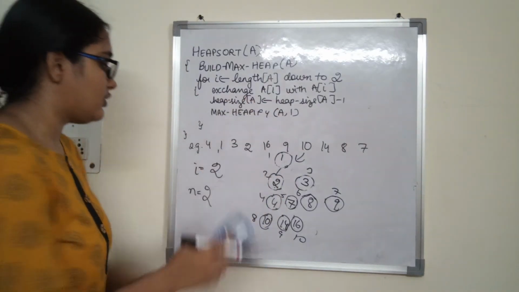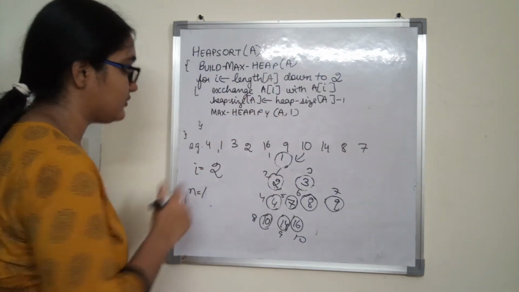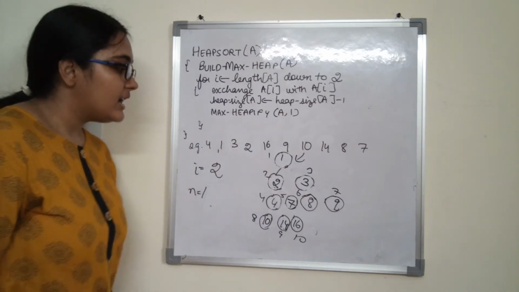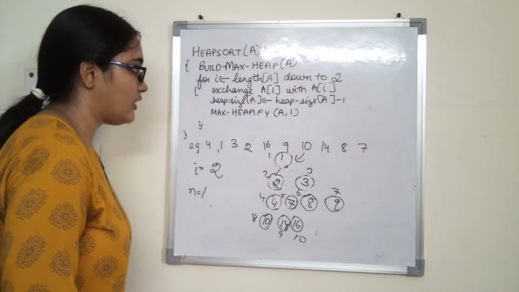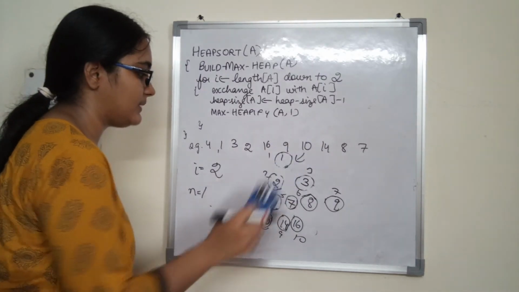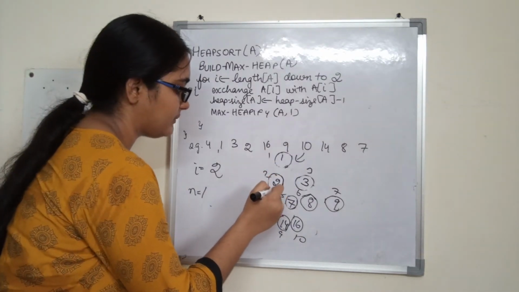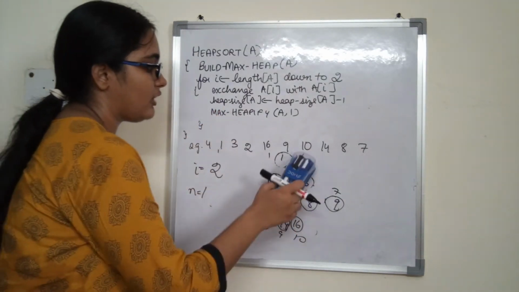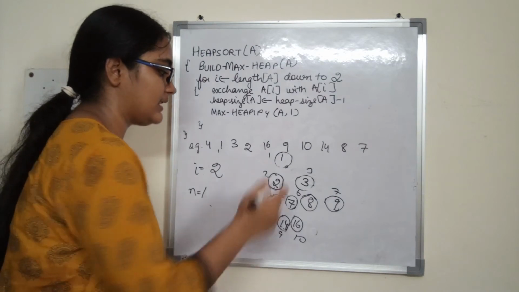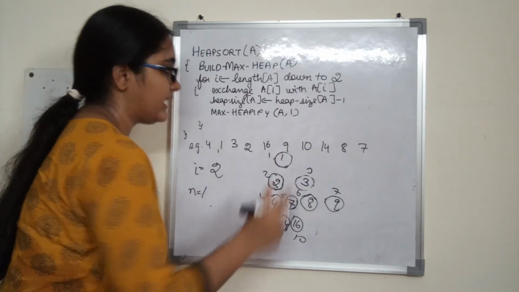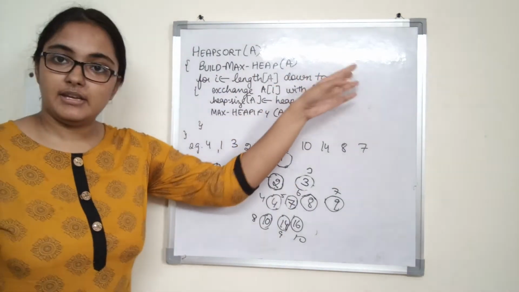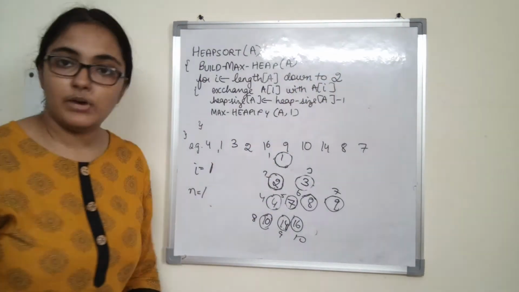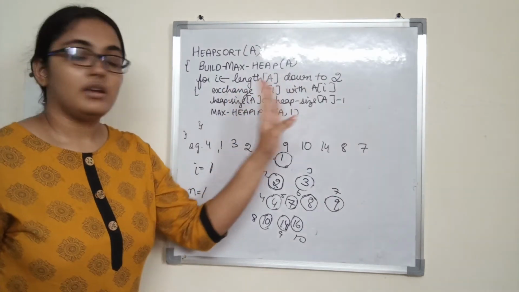Alright, heap size is equal to heap size minus 1. Now heap size has reduced to just 1 element. Max heapify A and 1. Now since heap size is reduced to 1, this element is also not a part of the heap. When we call it on the heap with just 1 element, nothing will happen. And now the value of i will be further decremented to 1, so again the loop will not be executed.